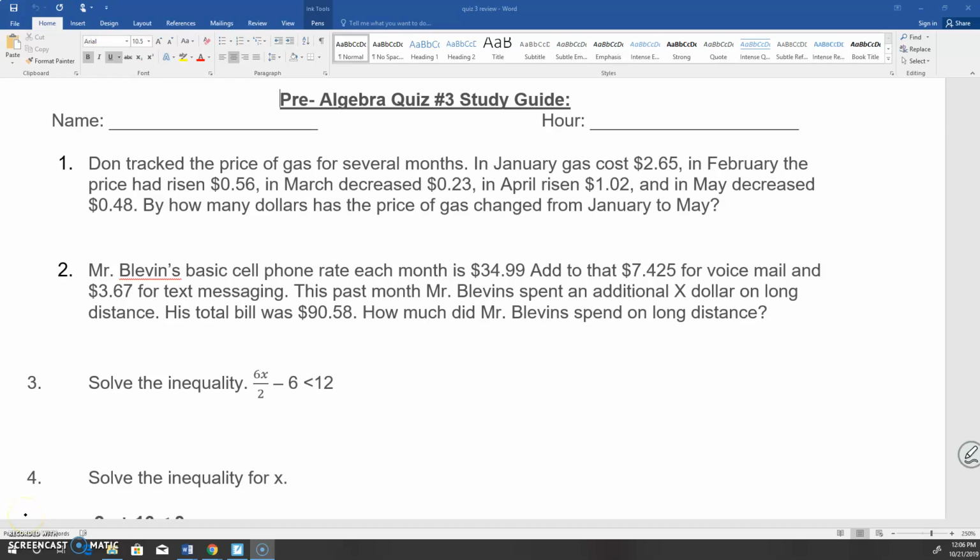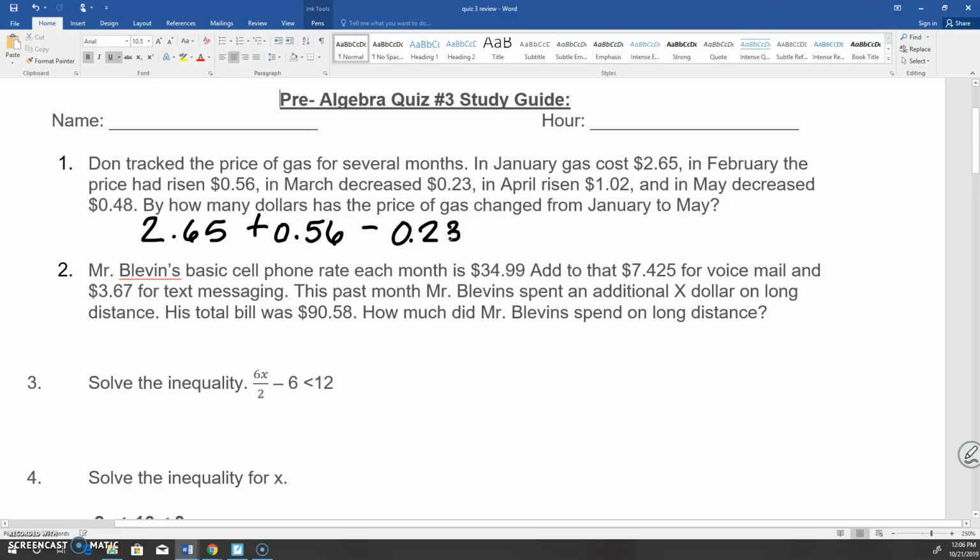The price of gas for several months. In January, the cost was $2.65. In February, the price had risen. Risen means it went up 56 cents. In March, it decreased, which means go down